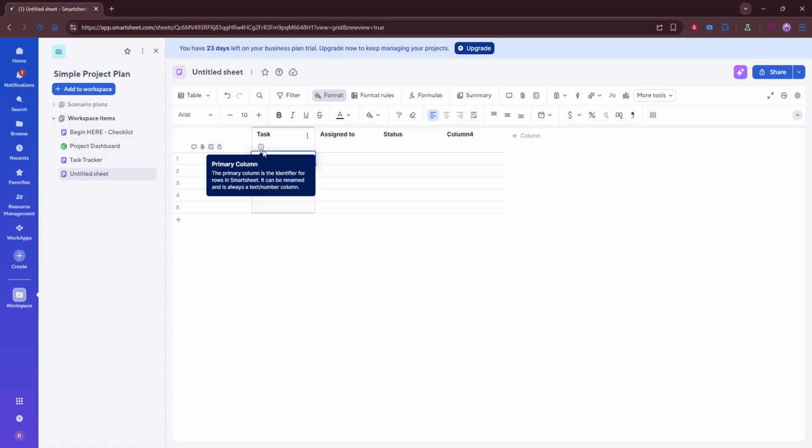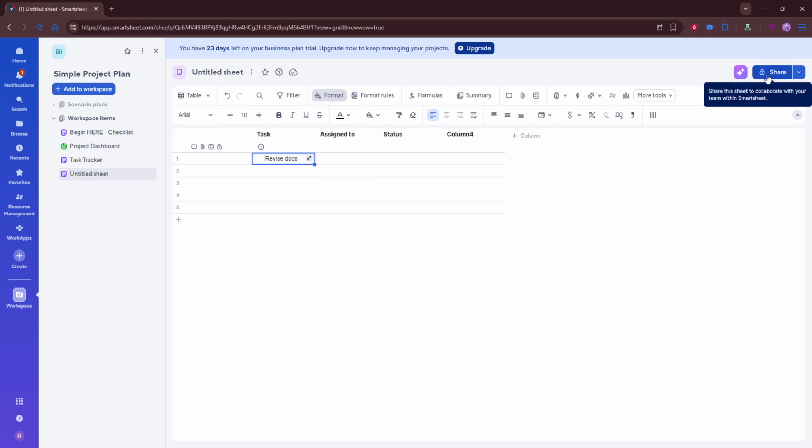When you're finished, save your sheet. If other people need to view or update it, share the sheet with them using Smartsheet's sharing option. This makes collaboration much smoother and ensures everyone is working from the